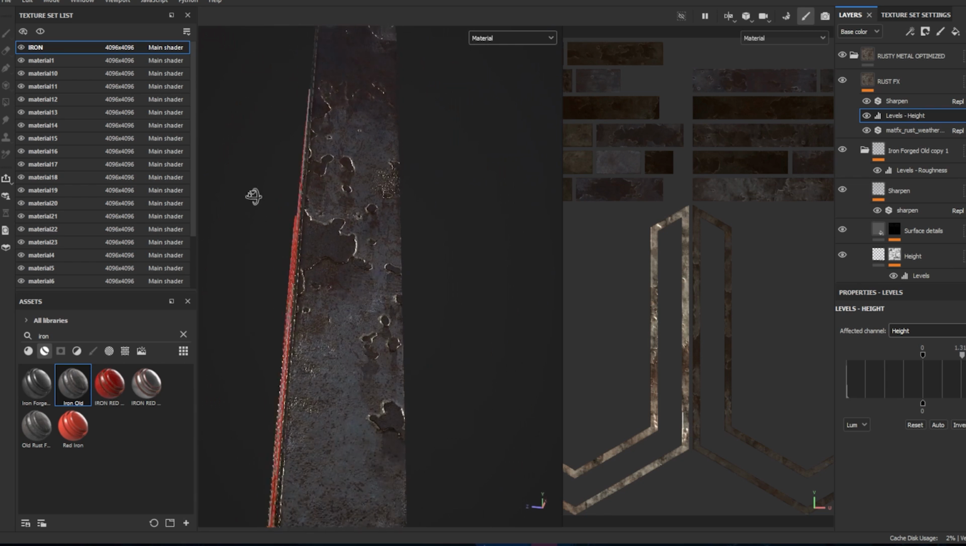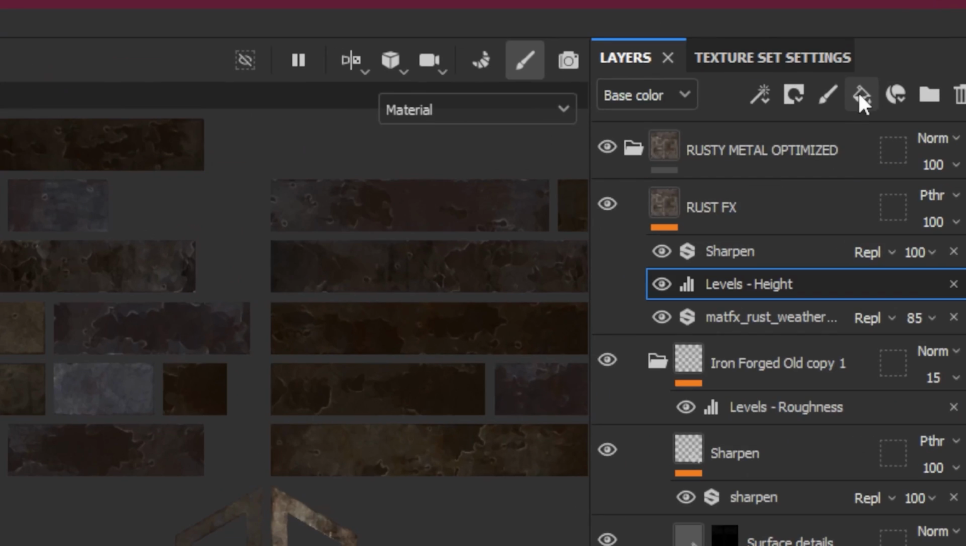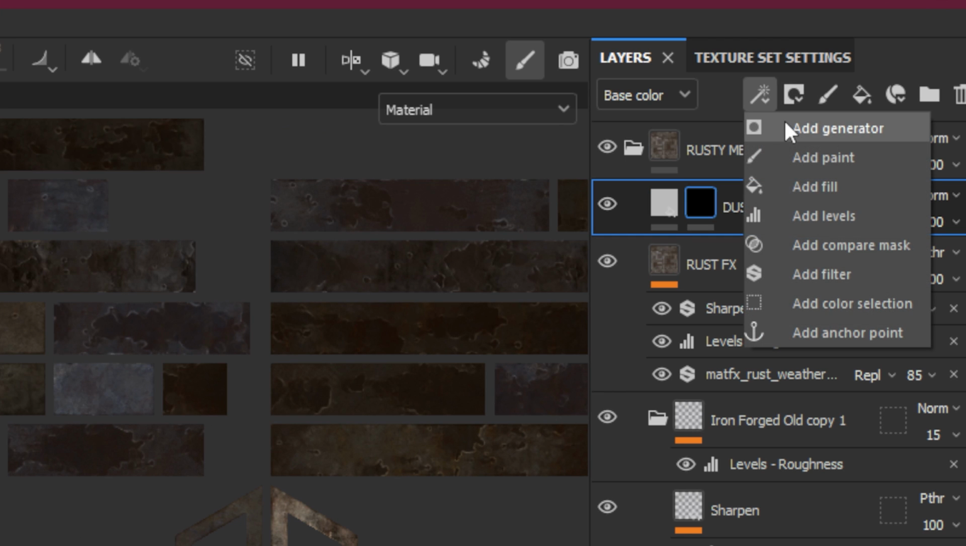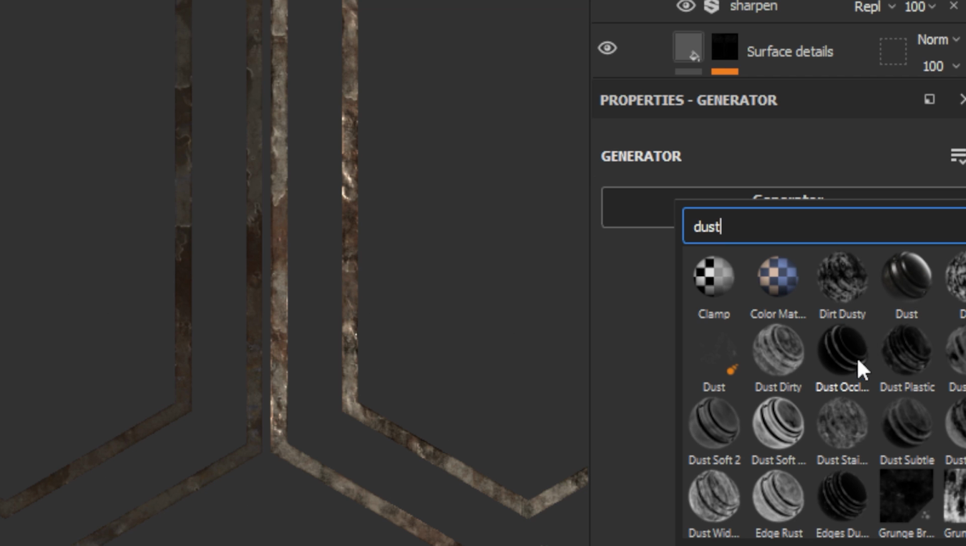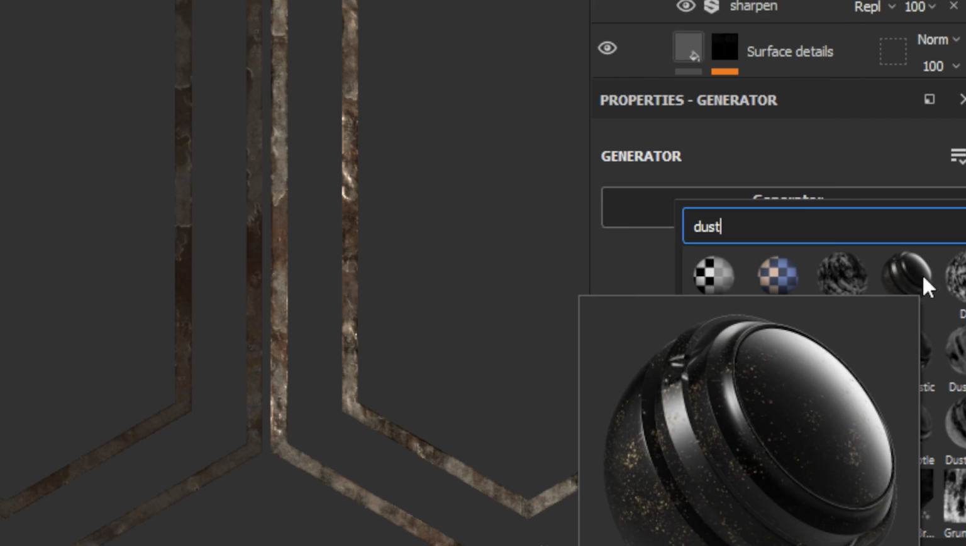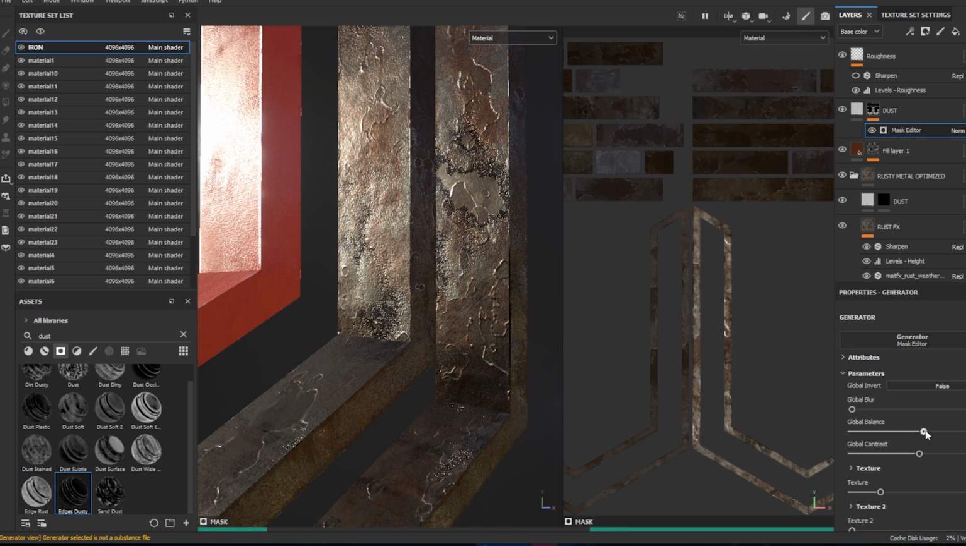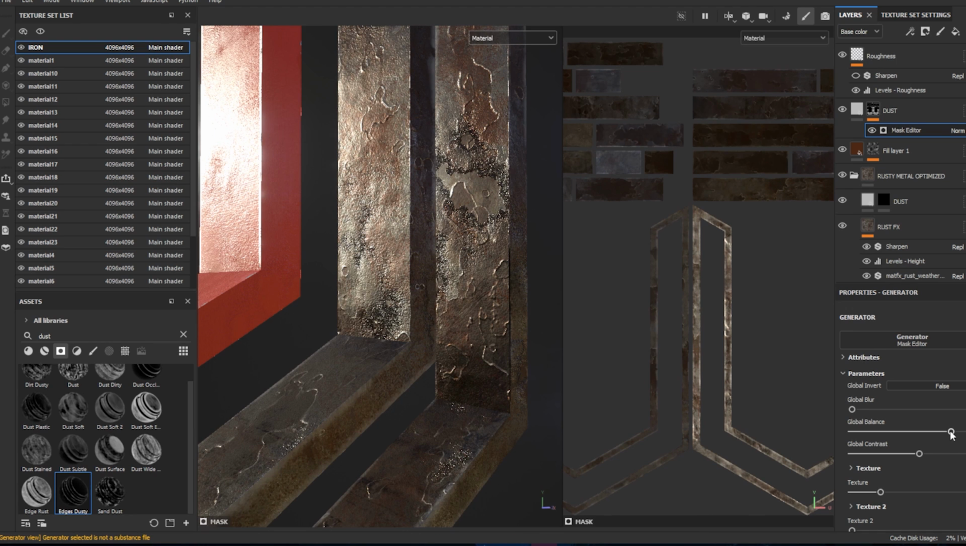Now we're going to add in some more realism here by creating another fill layer. And this time we're going to add a generator again, but we're going to go for the dust effects generator. Dirt and dust can add a lot of realism to your model, even if it's not naturally a very dusty or dirty material. So let's go down and adjust the parameters to add a little bit of dust around the